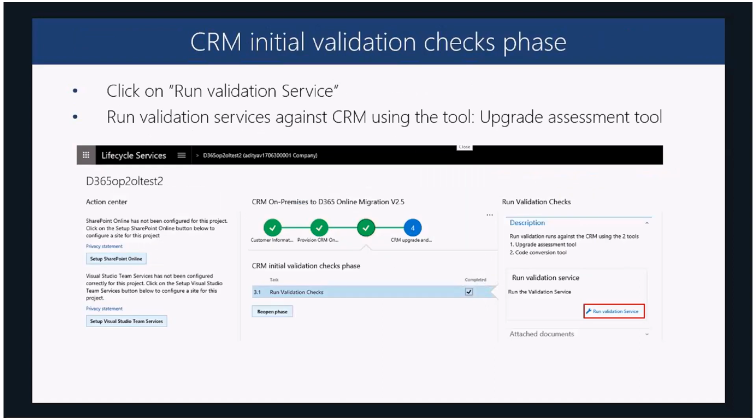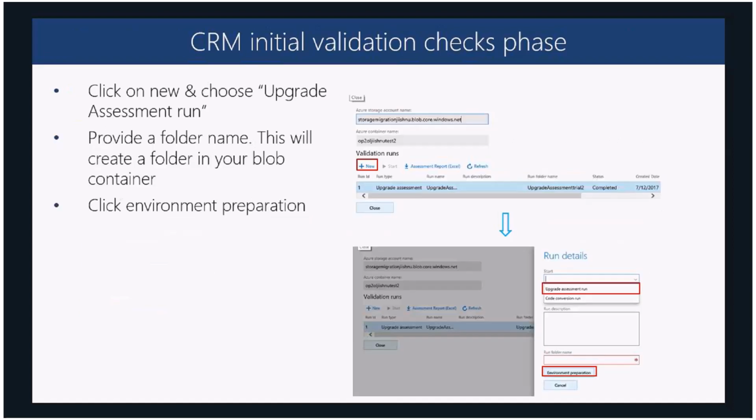Moving on to the next stage, stage number 3, is where we run the validation service. As we have restored the SQL backup file, which we are supposed to migrate over to online, now we can run the validation service against that DB or the default solution inside the DB. So click on the link which says Run Validation Service. That takes you to the next screen where you can create a new run. So you can click on New and then provide the name of the check that you're doing,